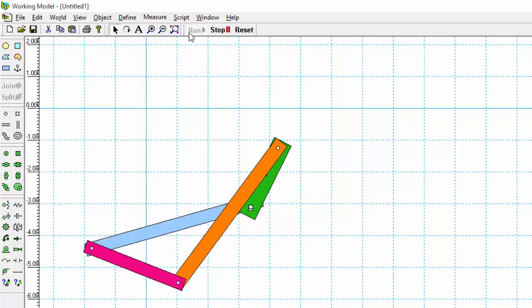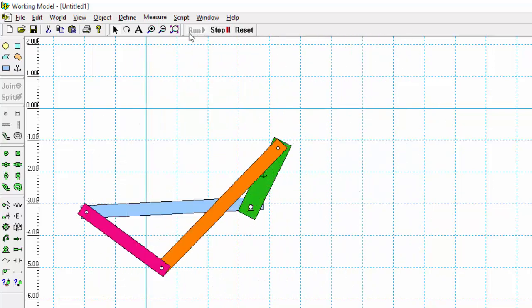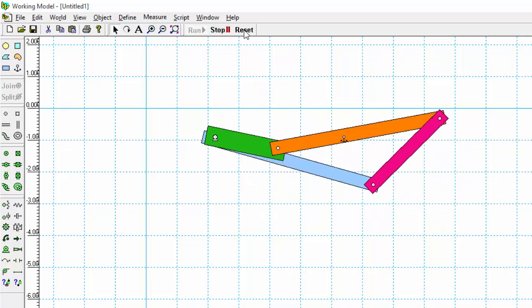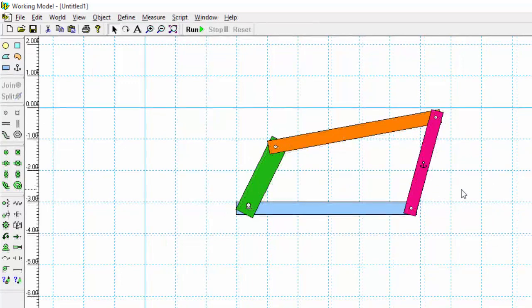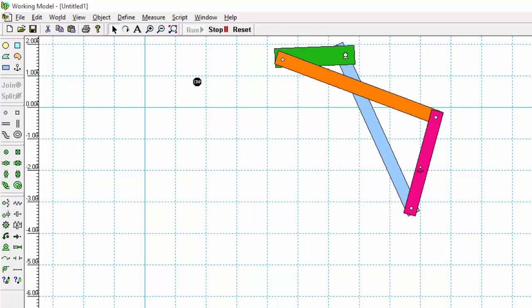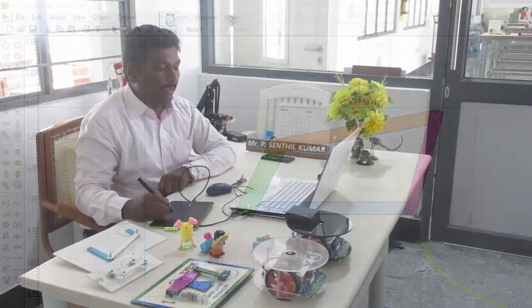I mean 2 links will make complete rotation like this. Similarly, you can fix link 3, I mean orange color, to see the animation of the arrangement. When you fix link 4, you can see a rocker motion. I mean 2 links will make an oscillating motion. These are the 3 possible inversions in 4-bar mechanism.